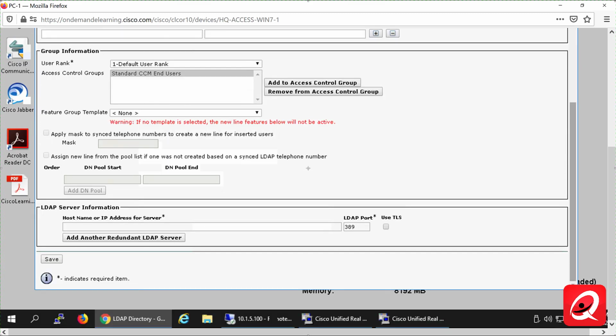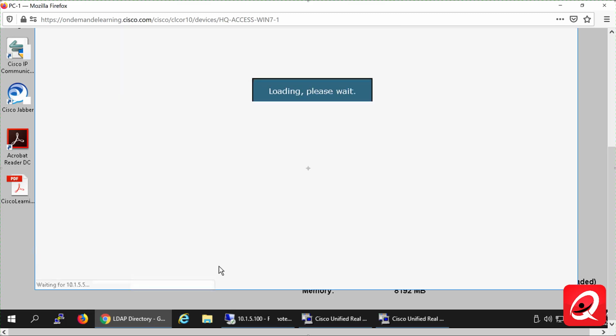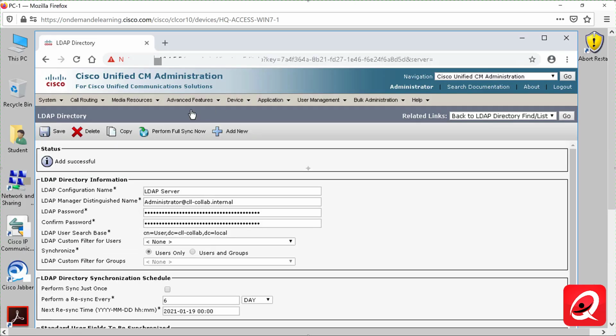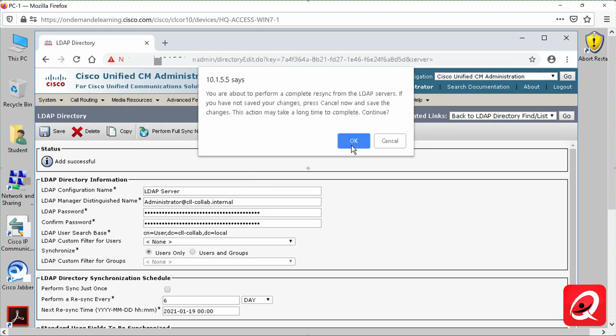And then also we're going to come down and add the server. All right, and in this case we'll make the server correct. So only the search space is incorrect in this particular example. Save that configuration and let's go ahead and perform the sync. All right, now if I come up here and I do my perform the full sync,